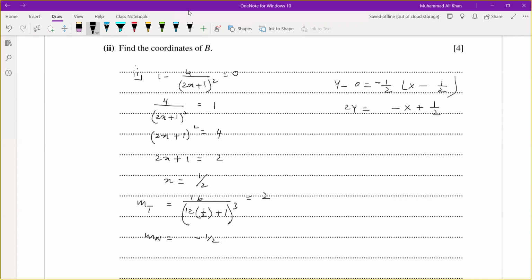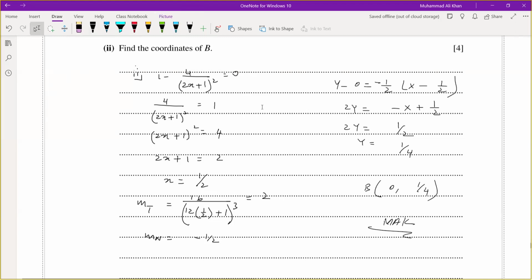और अगर इसमें हम x को 0 रख दें तो 2y equals half and y equals 1 upon 4. तो b के कोऑर्डिनेट्स क्या बने? 0, 1 upon 4. These are the coordinates of b. क्योंकि b y एक्सिस पर इंटरसेक्शन को कह रहे हैं हम, तो इसमें x को हमने 0 रखकर y के कोऑर्डिनेट्स कैलकुलेट कर लिए. Now, after that,